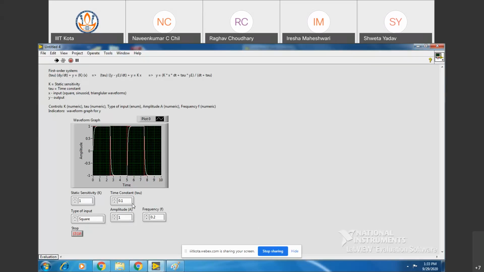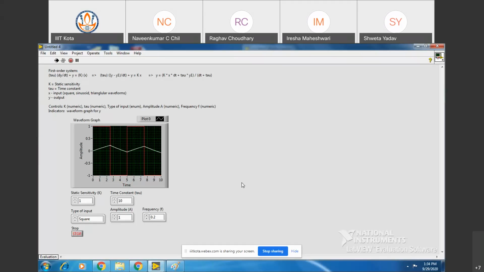Then let me change the value of the time constant. What will happen if I increase the time constant? It has become sluggish. The system will become slow. Yes, if I increase the time constant, now could you see it is not reaching the final value in that time? Yes or no? What is the final value? 1. And if I make it very large,